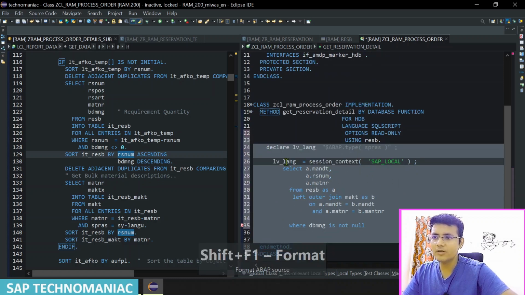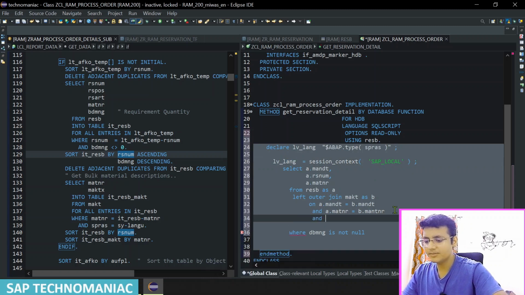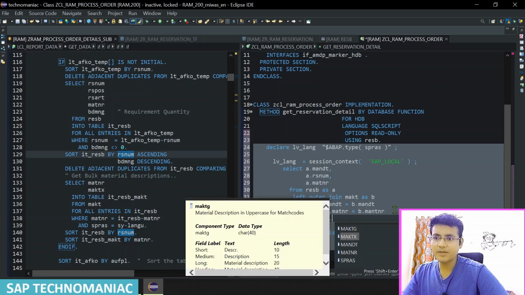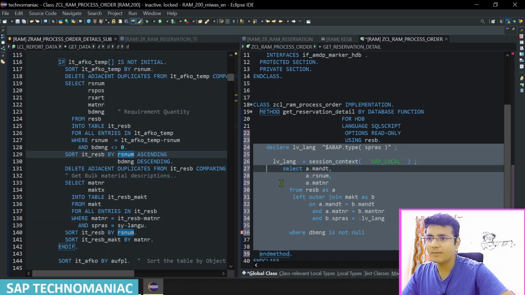I think it will work, and this language we will use further in b dot current session language we are using. So b dot sparse will be whatever the language you have, so lv underscore lang. Here we have the host variable, hosting we do using the colon. Once we did this left outer join, that data we will get, and I can put a return statement